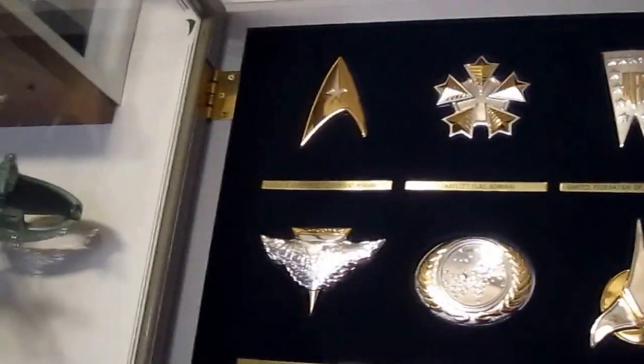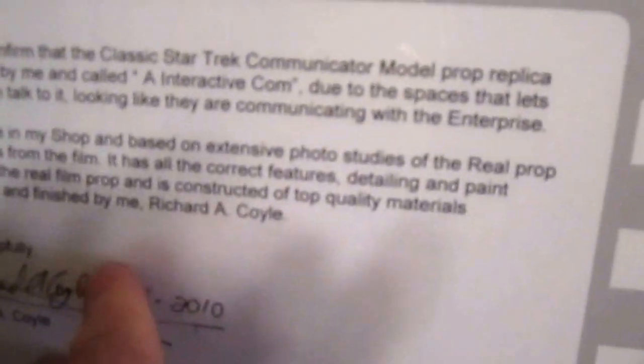This is Franklin Mint insignia set 1 of 2. I just have the 1. This is the COA for the Todd on here. He looked at it, he says it was the 5th one out of only 10 that he built, and said he wished he kind of kept that one. In 2007 he gave this to me. This is the Richard Coyle, where he actually wrote it's number 126. First one sold by Rod.com. And this is a COA from Rich for